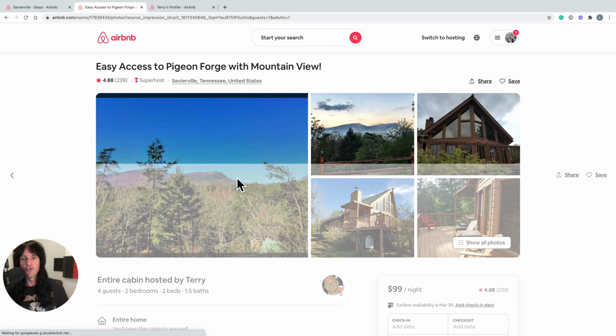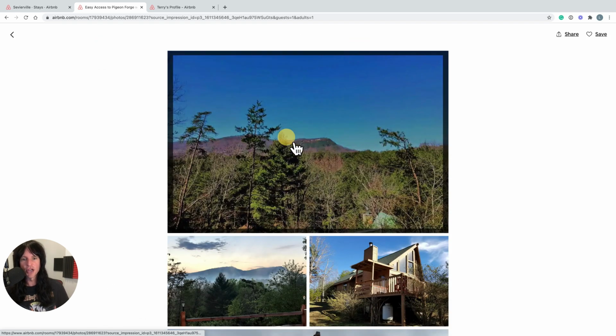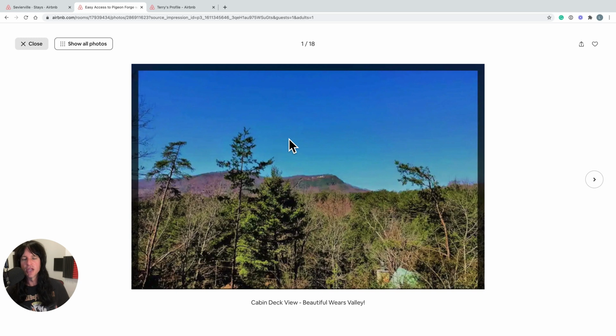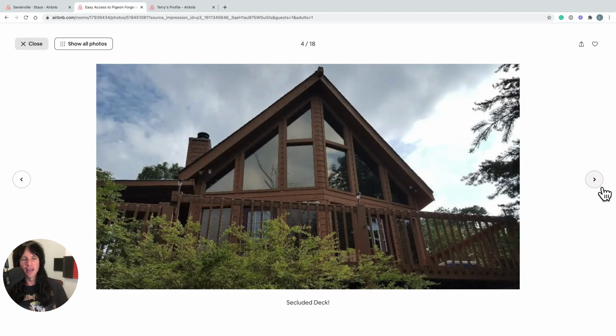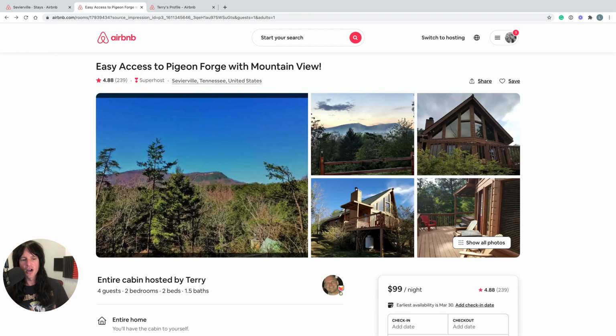So another thing I look for, guys, which I didn't mention earlier, is number of pictures and quality of pictures. I like to see 50 photos. Some people will tell you 25 is totally cool. I like 50, and they need to be high quality. This guy's got grainy photos. This is his cover photo, and it looks like it may or may not be a mountain. Not even sure what's going on here. So photos, he's definitely lacking in that department, but I'm not going to cross him off the list